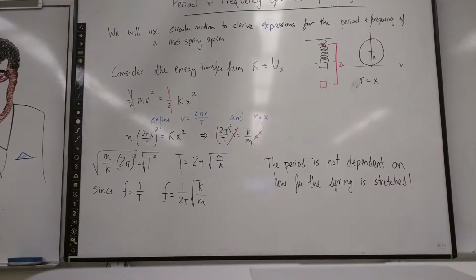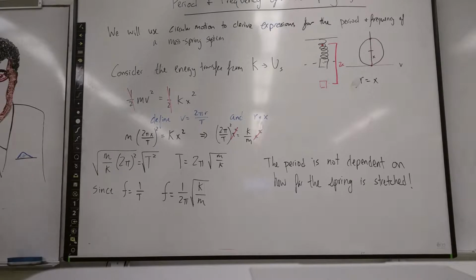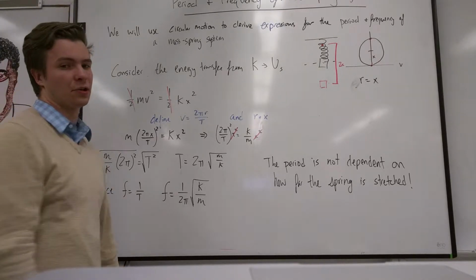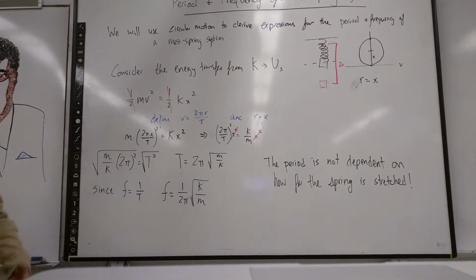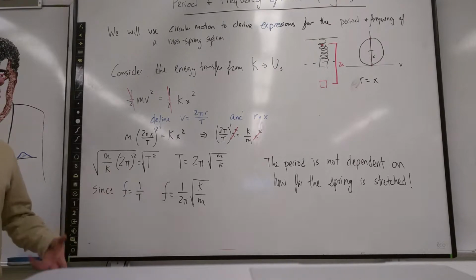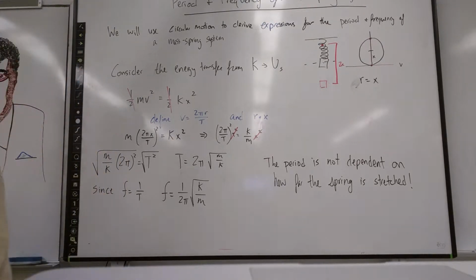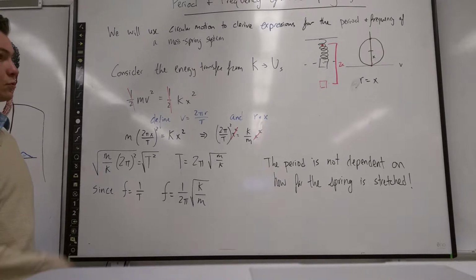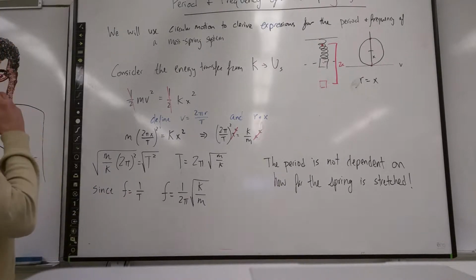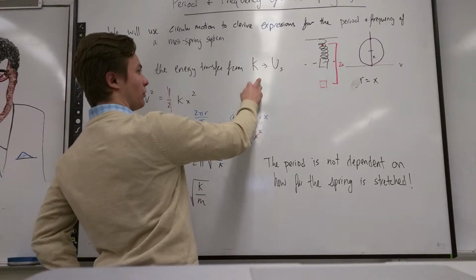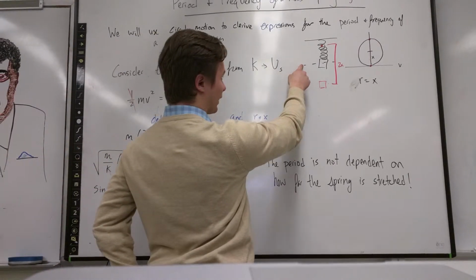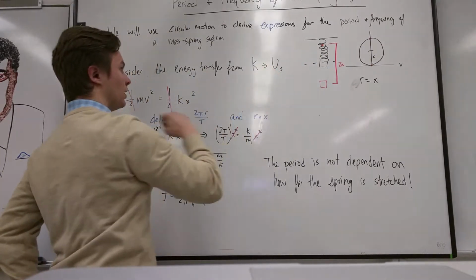What's up, physics crew? We are going to talk about the period and frequency of a mass spring system, and to do this we will look at circular motion because we've said multiple times that they're really closely tied. It's just that the circular motion is 2D, whereas simple harmonic motion is usually 1D. So consider the energy transfer in a mass spring system where you're going from all kinetic at equilibrium to the